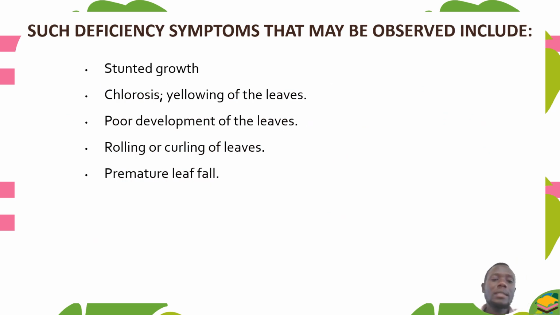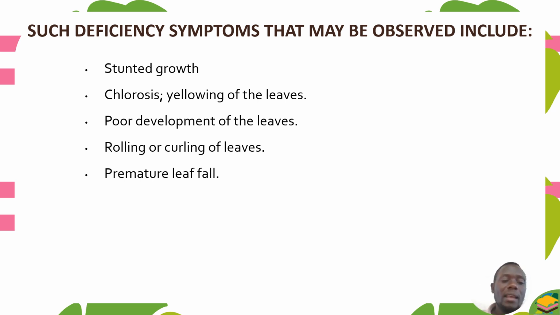So some of the deficiency symptoms that may be observed include stunted growth, whereby the crops are failing to grow. You have crosses or yellowing of leaves. You find that the leaves turn yellow. Then you have poor development of leaves, rolling or curling of leaves, then premature leaf fall. So these are some of the deficiency symptoms that may be observed